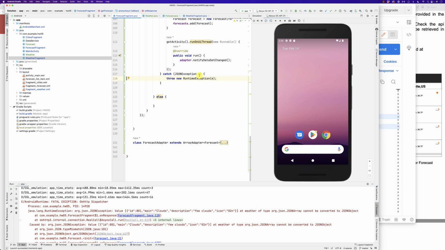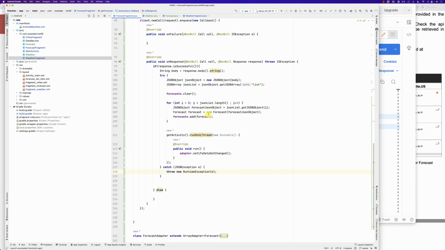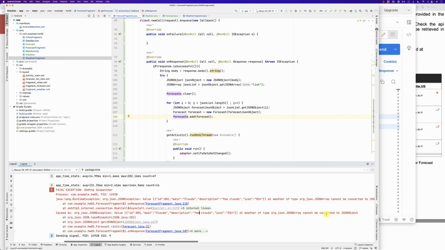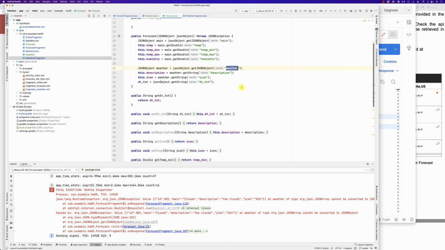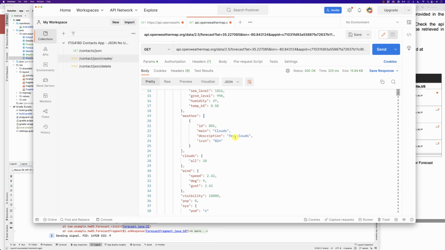Okay, so the forecast, let's have a look. Okay, let's see. So we are here, we get the list. It's crashing here somewhere. So let's go back again to look at the fatal exception. At weather. So basically if we go to forecast 921, it's not happy with this. So let's have a look at the object and see what did we do wrong. All right, so we're able to get the main, right? The weather is an array. See here, the weather is an array, it's not an object, and we are telling it to get an object. So the same problem. So basically, let me